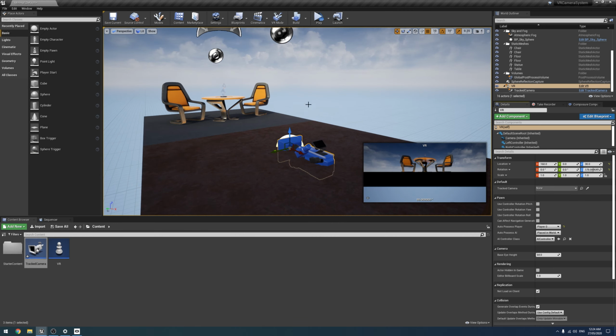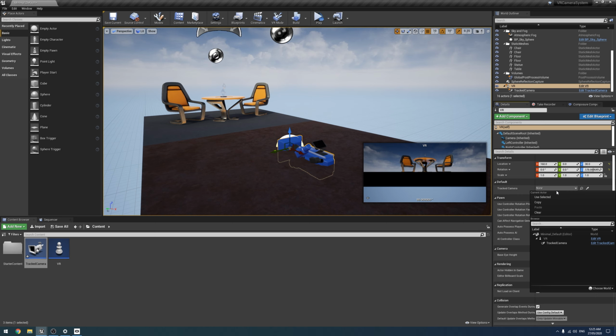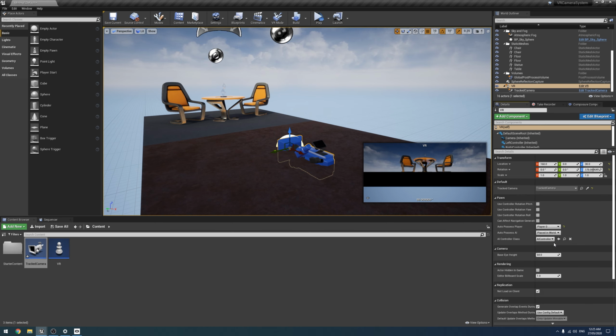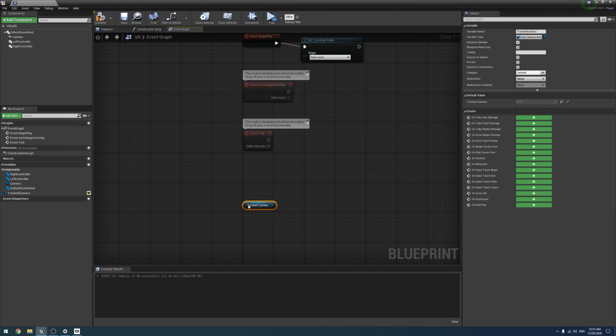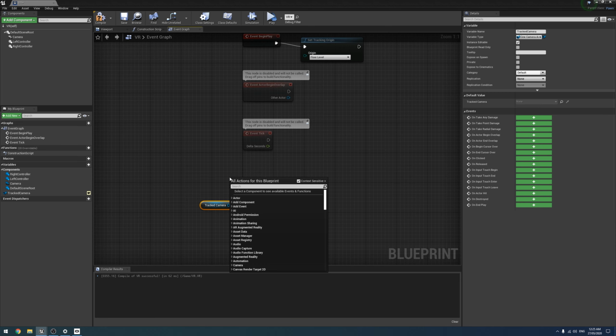Like so. Now, if we minimize that and look at our VR headset, scroll down, we'll see here is our tracked camera. So this is that variable, which we can then select. So now, in our blueprint, we can reference it as though it was part of this blueprint, which is sort of the basis of how this works. So we're going to do sort of like what we did with SteamVR and the